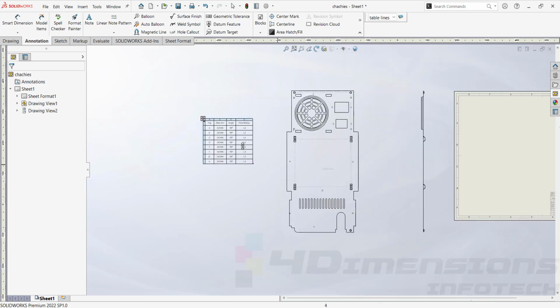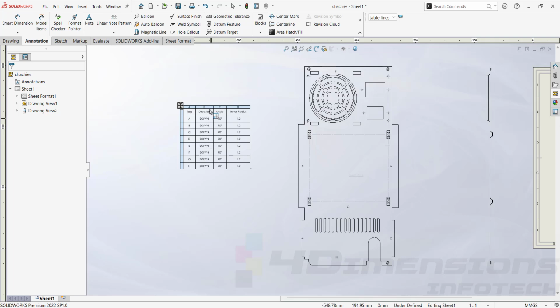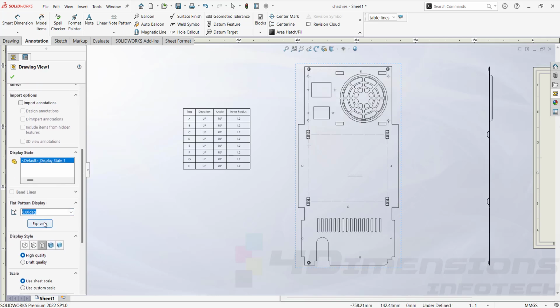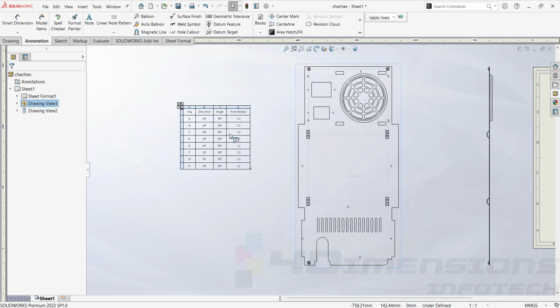So after applying the table, you can see the orientation or direction is being shown, as well as angle and inner radius. For the direction, it is showing as downside. I'll select the view and say this view as flip view. As soon as I flip the view, now it is showing all the directions as upwards, meaning all the bends are being made at the upper side with the angle of 90 degree